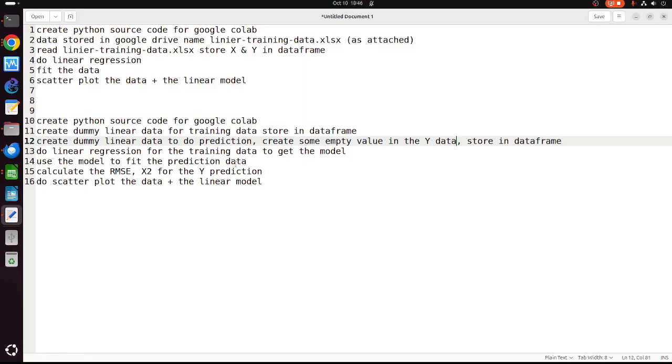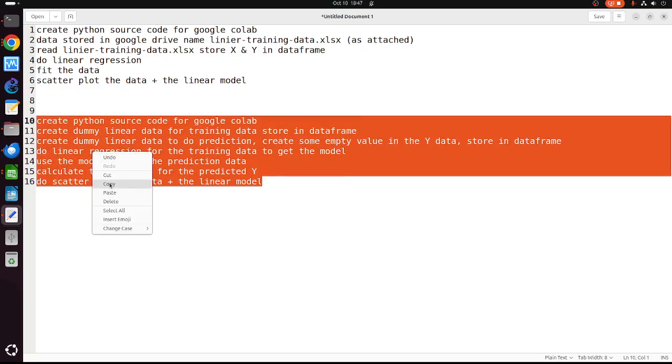Do linear regression for the training data to get the model, and use the model to fit the prediction data. Calculate the root mean square error and chi-square of the predicted Y. And do a scatter plot of the data and the linear model. Okay, that's it, but this is dummy data.